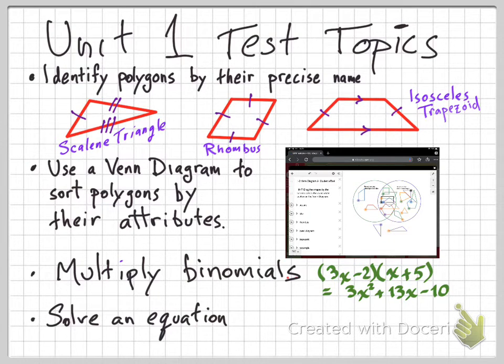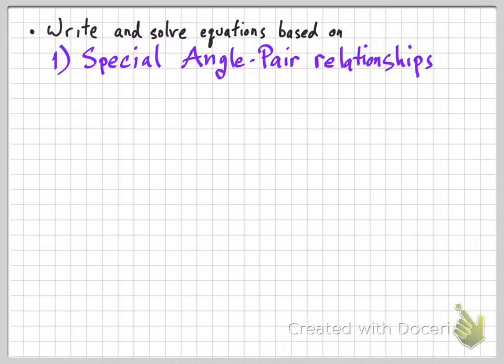Next item in the list is basically just to solve some simple linear equations. Here's a hard one to look at, one with a fraction in it where you have to cross multiply and, blah, blah, blah, you get your solution. Sometimes it's a kind of inconvenient looking fraction like 3/17. But solving an equation will be part of many problems on the test, including things like this: